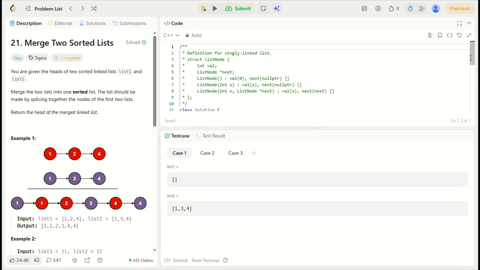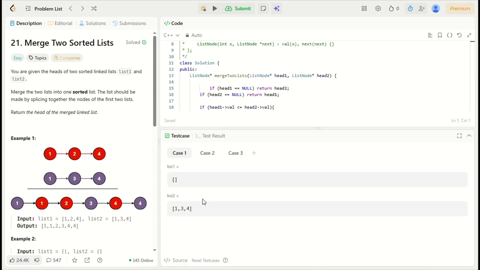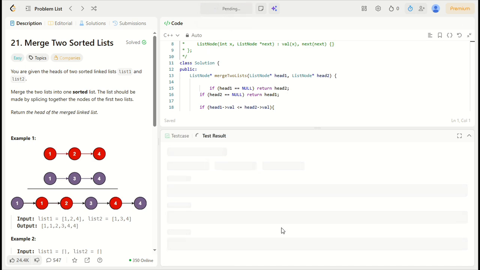For the first case, as the list 1 or head 1 is null, the second list or head 2 will be returned. For the second case, as list 2 or head 2 is null, first list will be returned. For the third one, as both are not null, we will consider this if-else statement to get the output. Okay, now if we run this code,